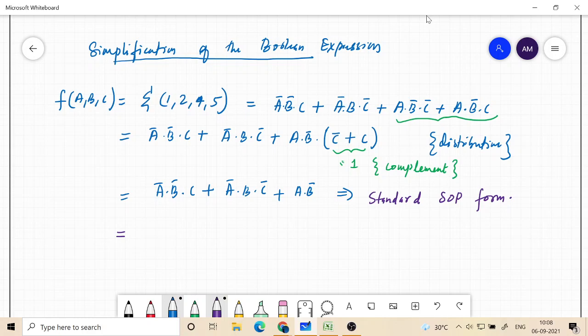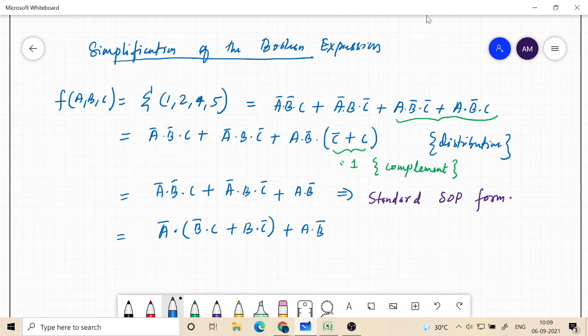in so many other ways also. Like for example, I can take this a bar common out of here. So if I take the a bar common, this is also distributive property. Okay, let me go back to the blue color. If I take the a bar common and then b bar dot c plus b c bar and then plus